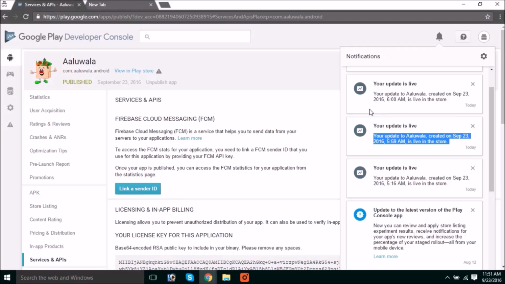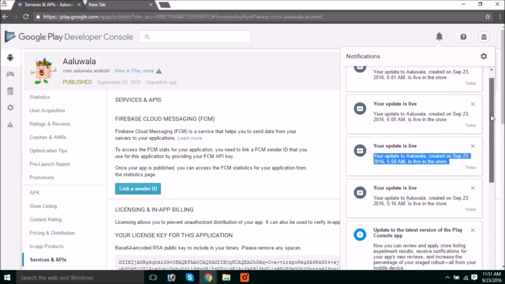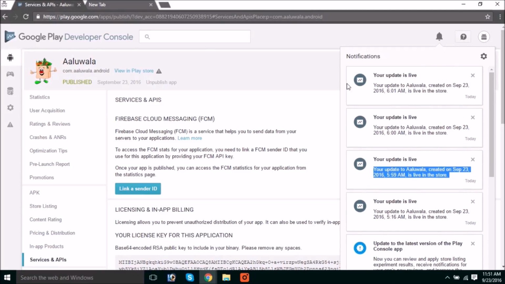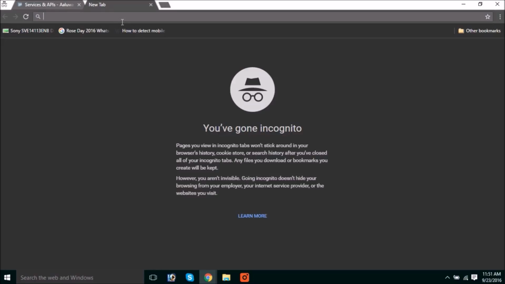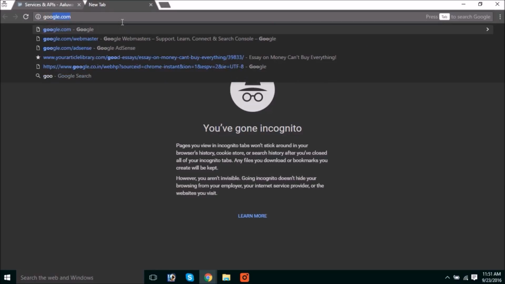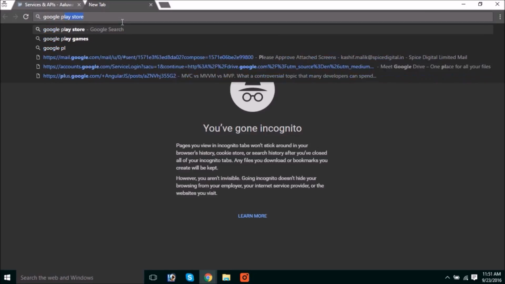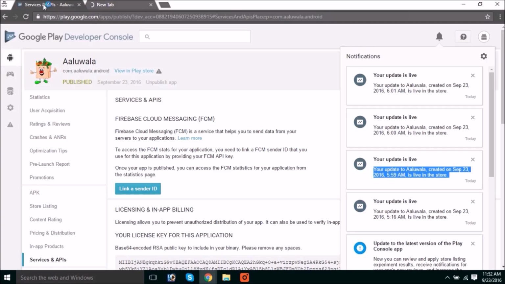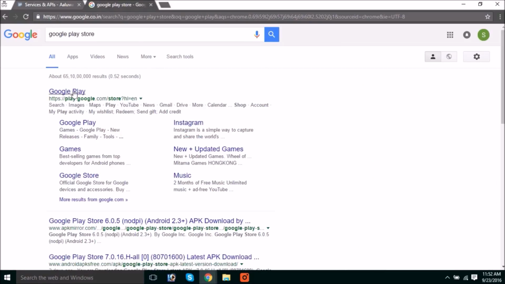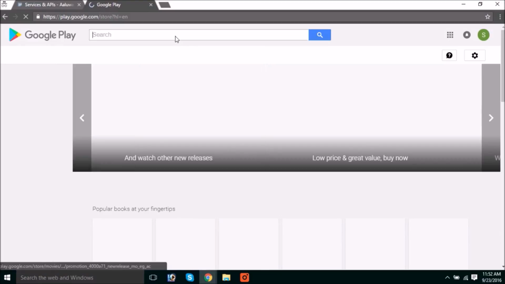So let's open the Android Studio. Now we can see our live app on the Android Studio, where we will see the description which will help to rank our Android application on the top.